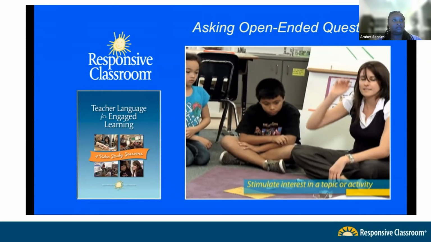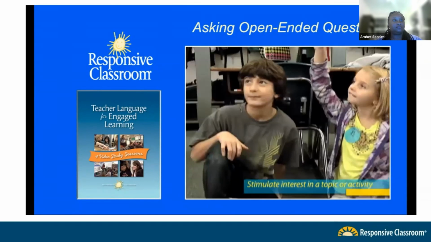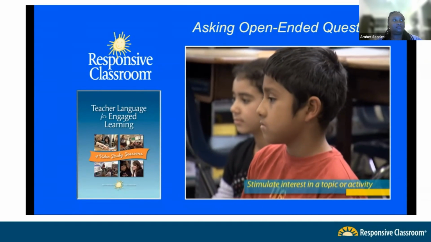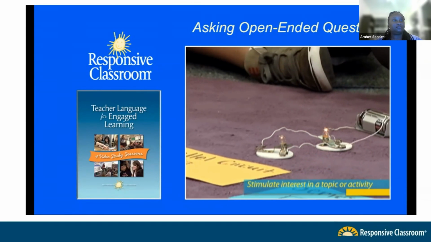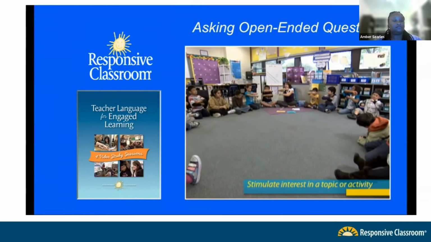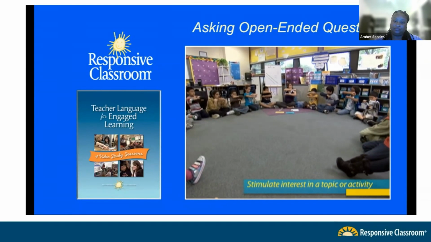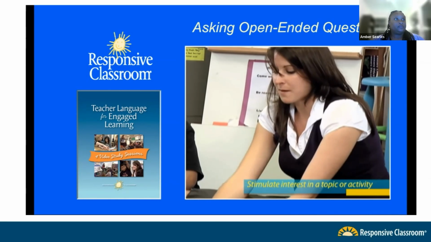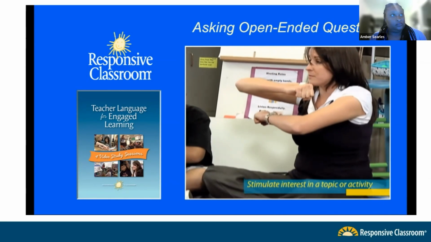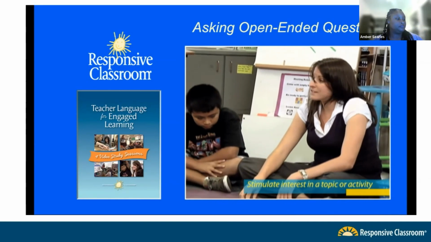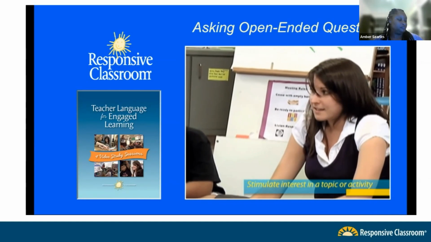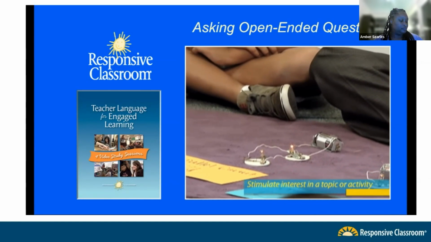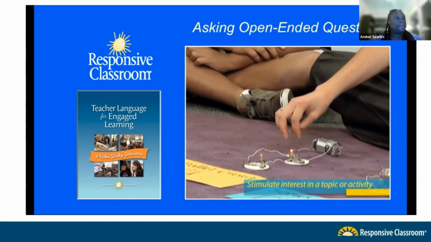Fourth grade teacher Natricia Rakestraw uses an open-ended question to generate interest in a scientific investigation. We're going to learn today what's called a parallel circuit. So how does everyone go like this? Right now, you're making parallel lines with your arms. So I made kind of parallel lines with my wires. Okay, they kind of look like your arms right now. So in a parallel circuit, the electrons, they can choose either which path to go down. What do you predict is going to happen if I unscrew one of the light bulbs?